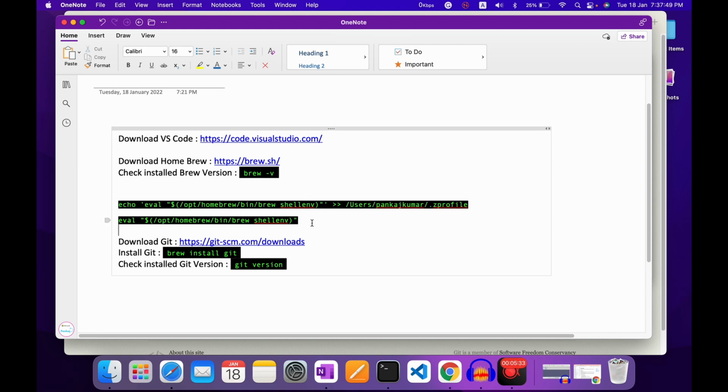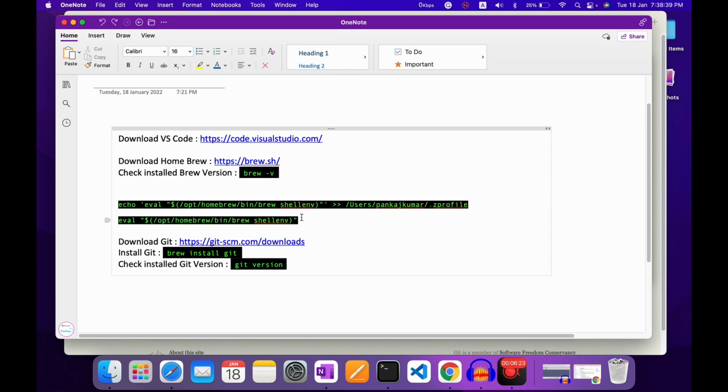After that, copy the second command and do the same. But one more thing: you have to change the username right here. If your username is, for example, XYZ, put users/XYZ here. If your username is AA, just type AA right here, then copy this command and run it in your terminal.